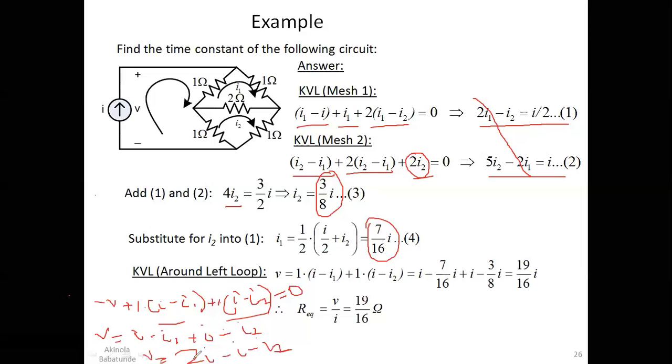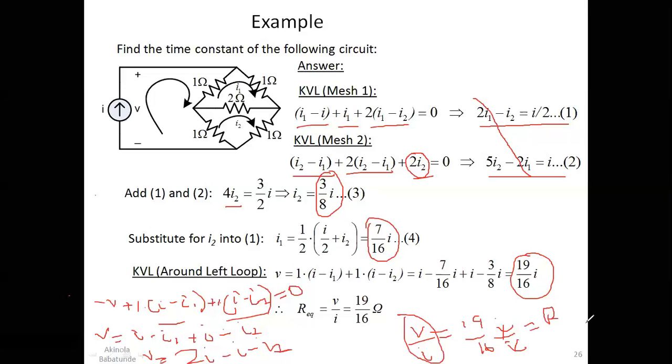So keeping that in mind, we already know our I1 to be 7 over 16I. We know our I2 to be 3 over 8I. We all have them in forms of I, and we have 2I here. If you bring those into this equation and then you just add and subtract, you would obtain 19 over 16I. So eventually your V will be equal to 19 divided by 16I. Dividing both sides by I, this I will cancel I. So your V over I will be equal to 19 over 16,